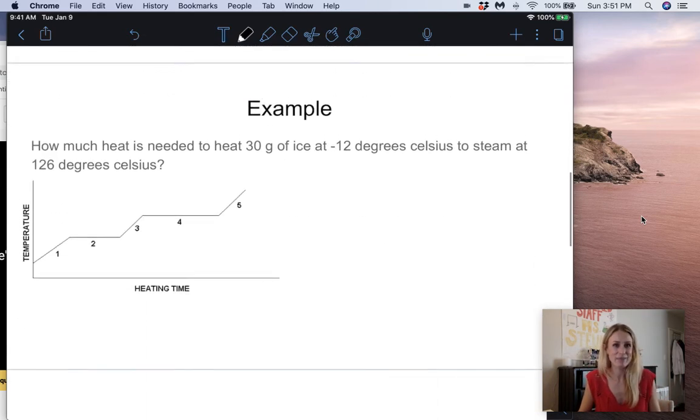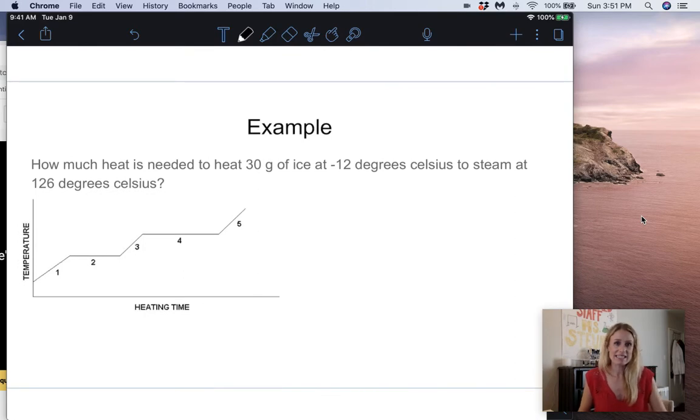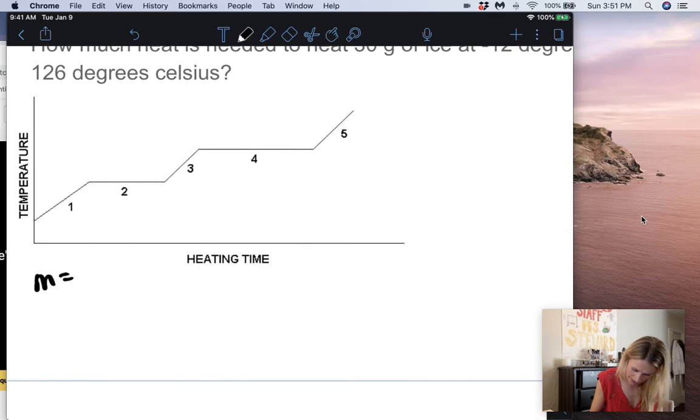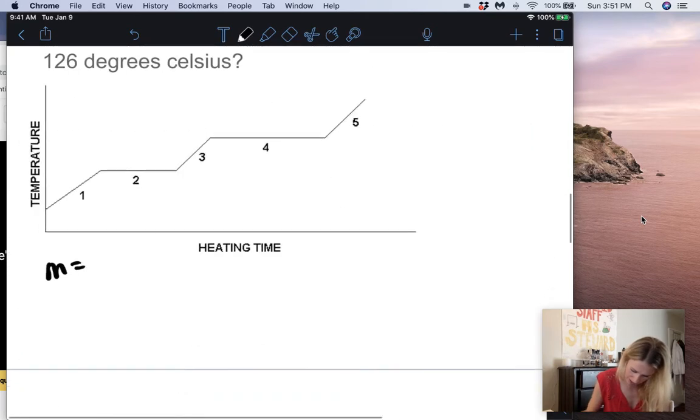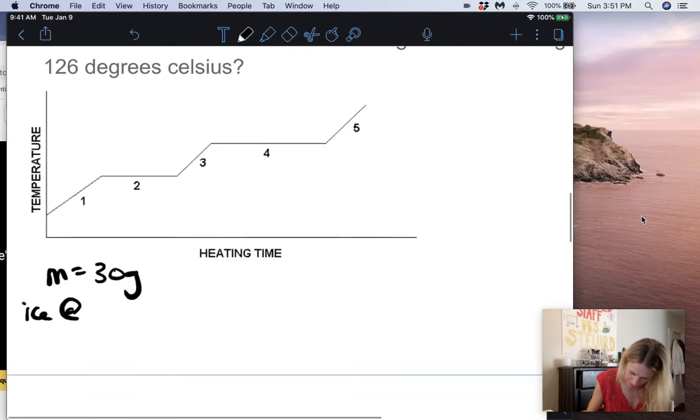So here is our example. We have: how much heat is needed to heat 30 grams of ice at negative 12 degrees Celsius to steam at 126 degrees Celsius? Now we have a lot of givens here. Number one, we have a mass. So the mass of ice is 30 grams. All right, and then our initial temperature is ice. So we have ice at negative 12 degrees Celsius, and then our final temperature will be steam